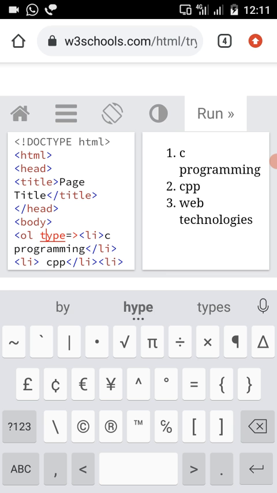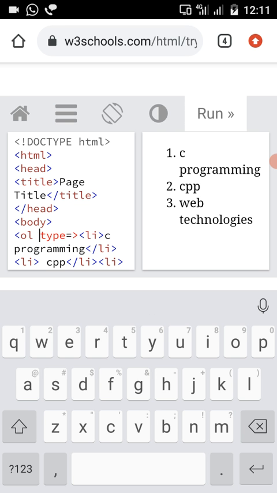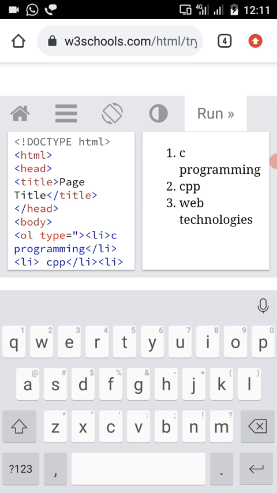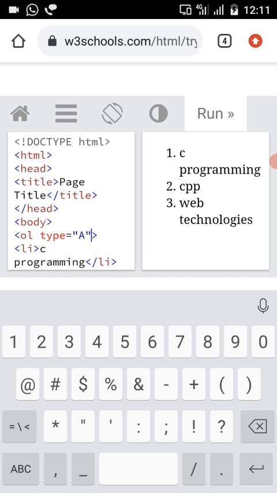The syntax for writing this is ol, space, type equal to, and whatever number type you are going to use should be used here. I want to represent all my list in alphabetical order, so I am using uppercase A for that list.